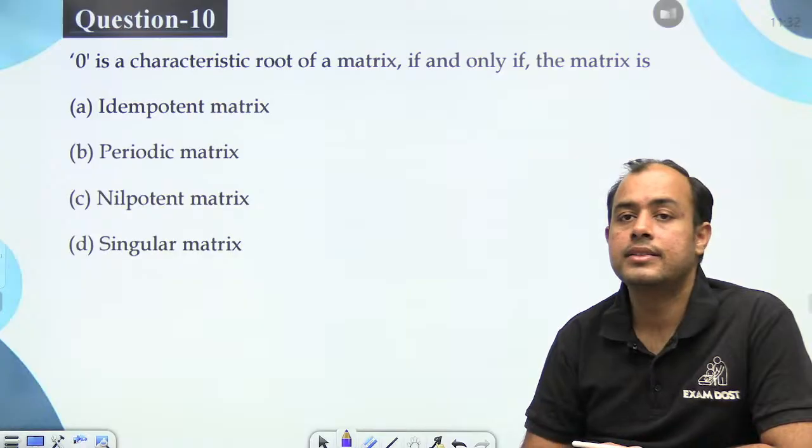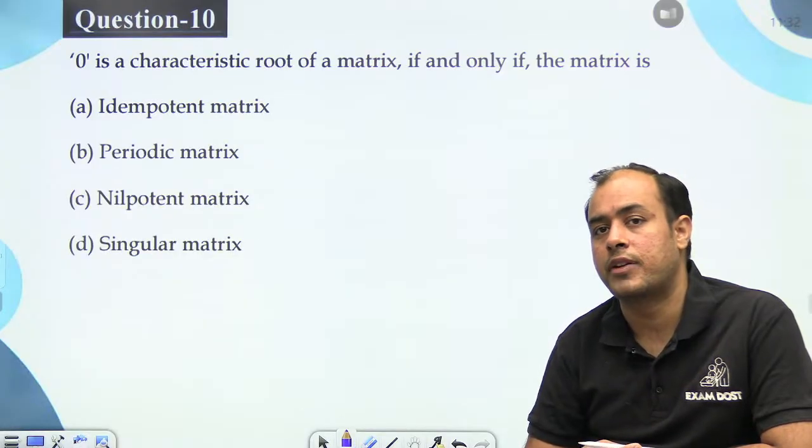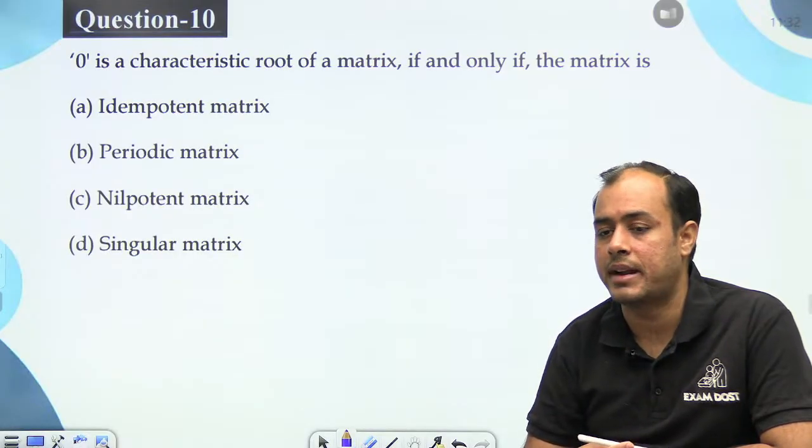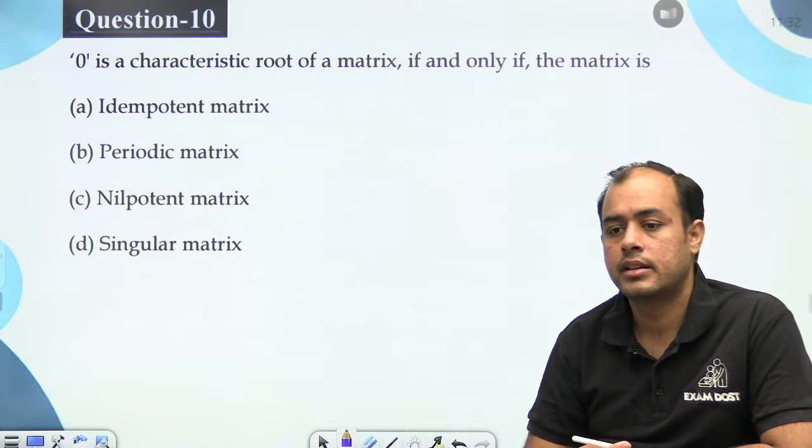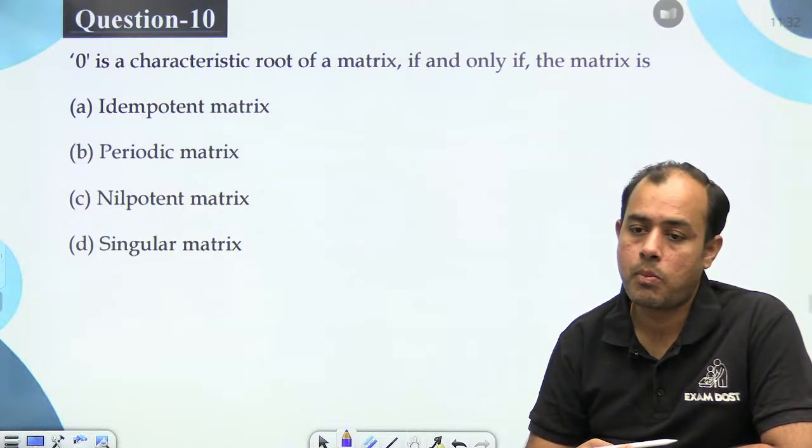Very good. 0 is a characteristic root of a matrix if and only if the matrix is